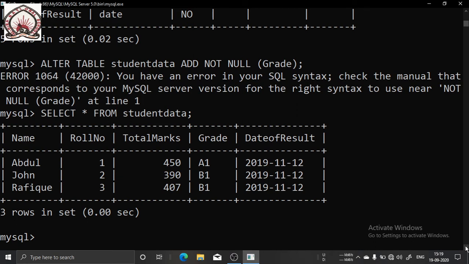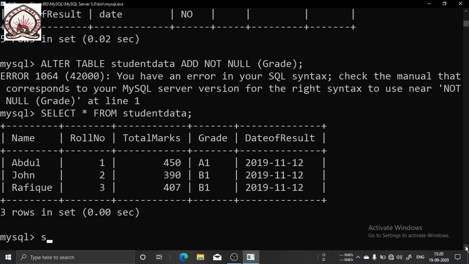Now there are three ways to retrieve data from a table. One is selected columns and all rows, another is selected rows and all columns, another is selected columns and selected rows. Now suppose I will select only specific columns from this table.